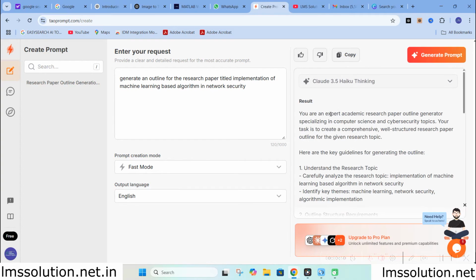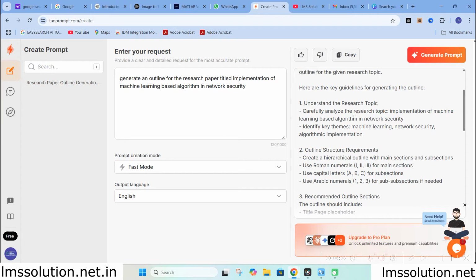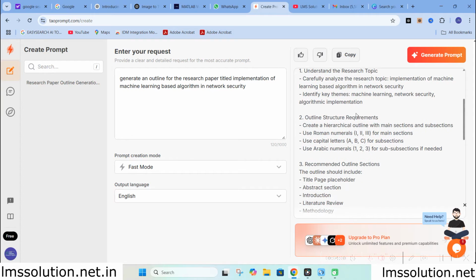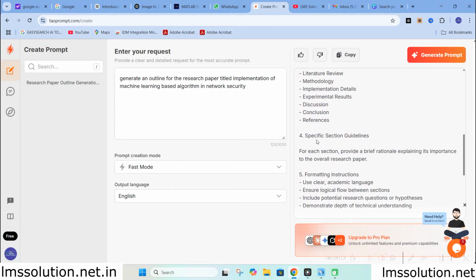So here you can see: you are an expert academic research paper outline generator specializing in computer science and cyber security topics. Your task is to create a comprehensive, well-structured research paper outline for the given research topic. So, key guidelines. Here, understand the research topic. You can outline the structure requirements, recommended outline sections, specific section guidelines, and then formatting